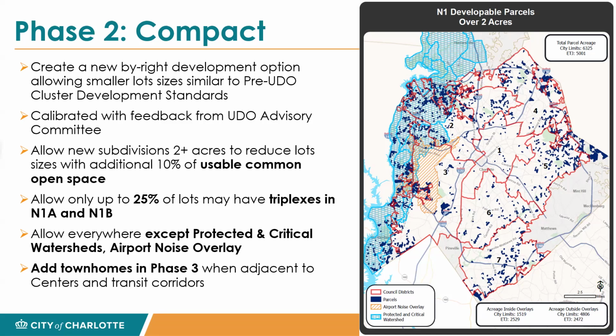We are going to also, and we'll continue talking about this over the summer, add the townhomes in phase 3 when adjacent to centers and corridors. We want to still have a conversation around, and this gets back to what Andrea was commenting, that if the product that we're seeing looks, walks, talks like a townhouse, then we feel like it is appropriate in specific locations to dial up. That's not included in this text amendment, but we want to keep that at the front of mind so we can continue that conversation and make sure it's very clear that's where we're going.